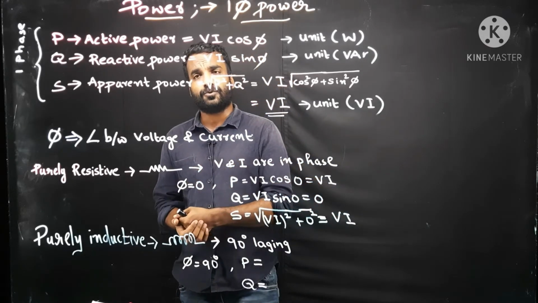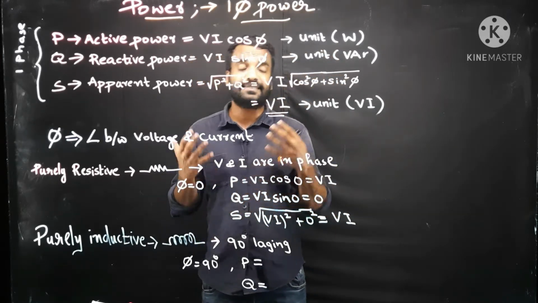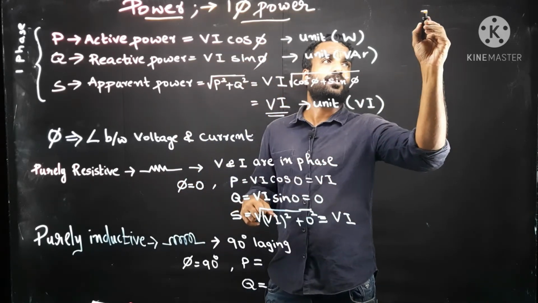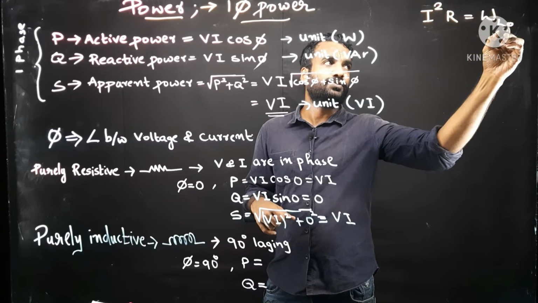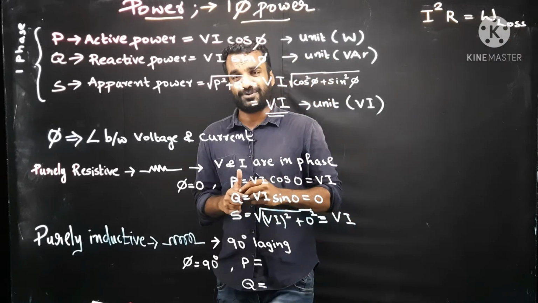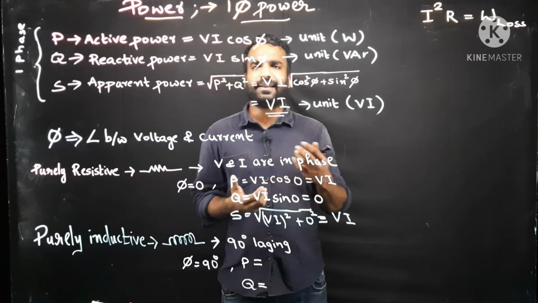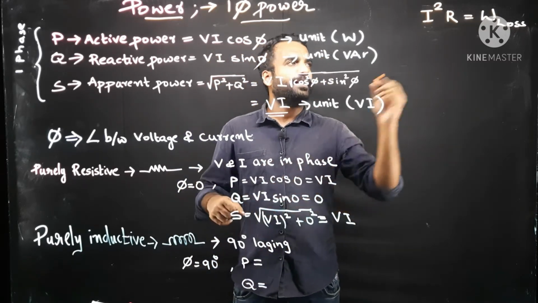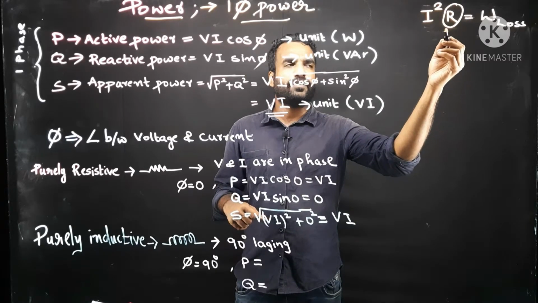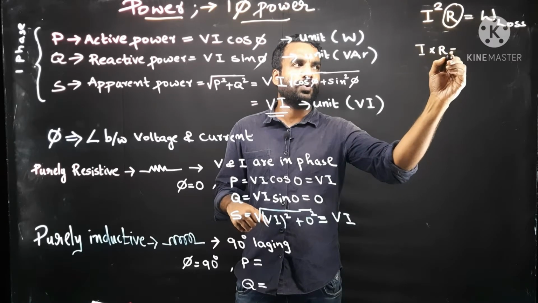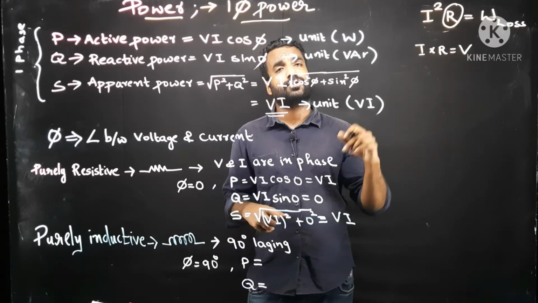For an iron box also, if we are getting some heat or high temperature from it, it means there is a loss of power, and that loss is I square into R in terms of power, W loss. Actually that is not a loss, even though the equation says it is a loss, it is useful for you. We are dissipating some energy in this resistance, so that we will get a voltage I into R, and I square into R is the power. This voltage is known as voltage drop.